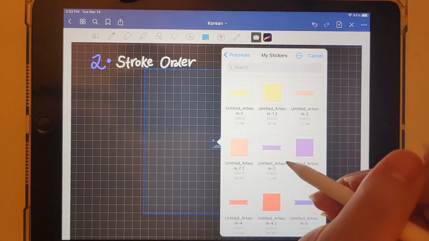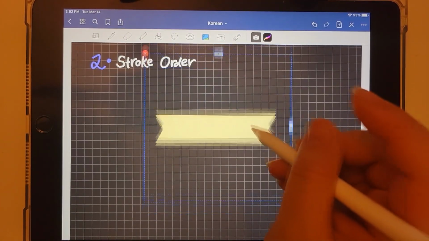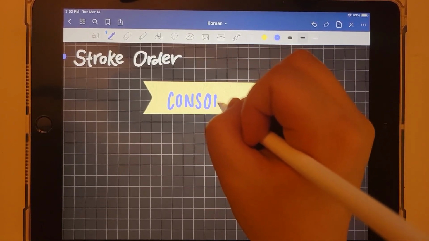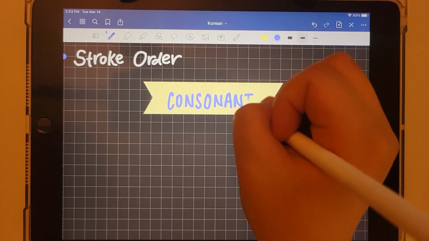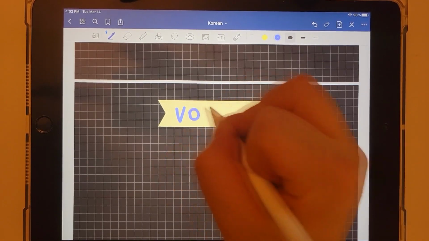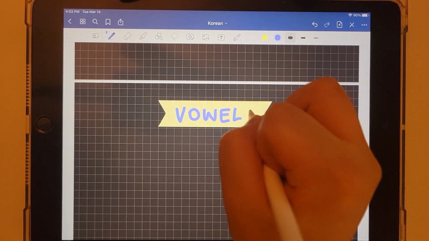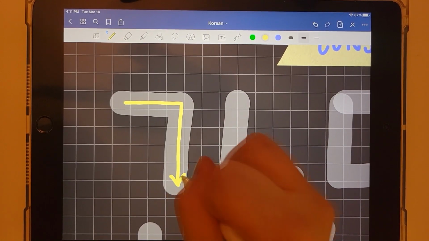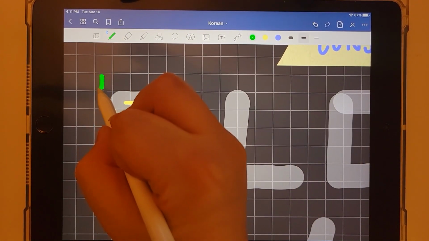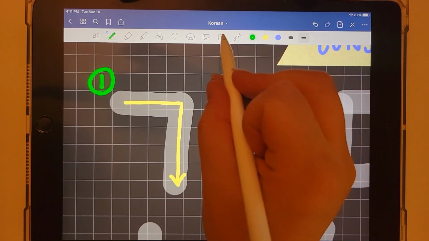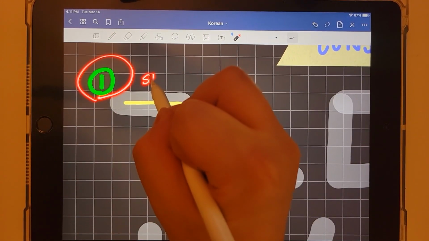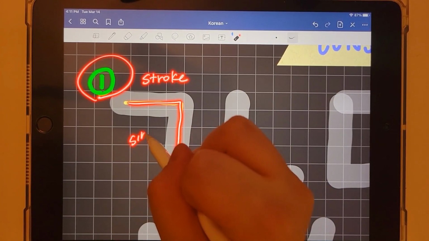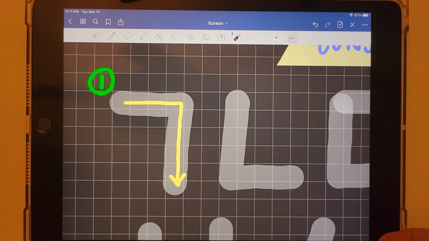Basically, we're going to go through all of the consonants, and also all of the vowels that we have in the Korean language. So firstly is kiok. The yellow line indicates the stroke direction, and these green numbers basically show us how many strokes there are. So 1, it's gonna start where the